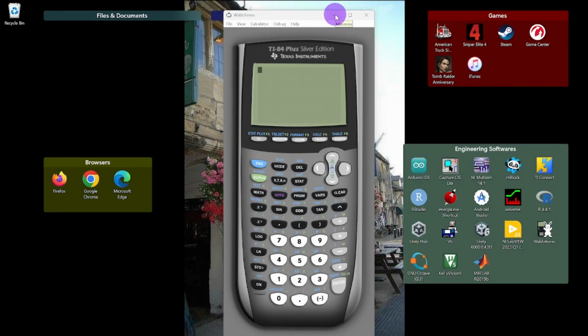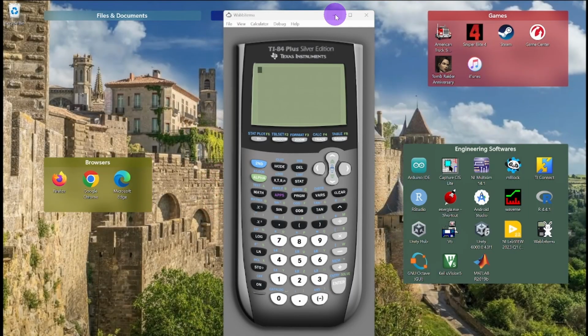Hello guys, in this video I'm going to show you how to do a box and whisker plot, also known as a box plot. This name is being used a lot, by the way, the box plot instead of the box and whisker plot. Anyway, it's going to display the 5-number summary of a set of data,